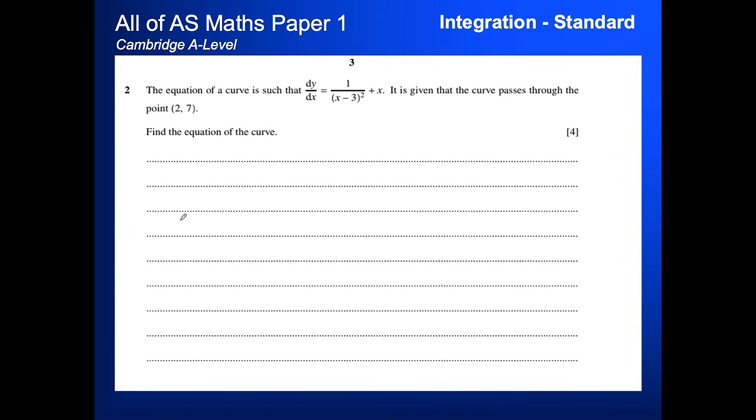And I'm looking at two specific kinds of questions here, which are very common in AS Maths Paper 1. So we're going to start with a standard integration problem, and then we're going to look at areas under curves or under lines, etc. So the equation of a curve is such that dy by dx is equal to 1 over x minus 3 all squared plus x, and we're given that the curve passes through the point 2,7. That will become more important when we look at the constant of integration,